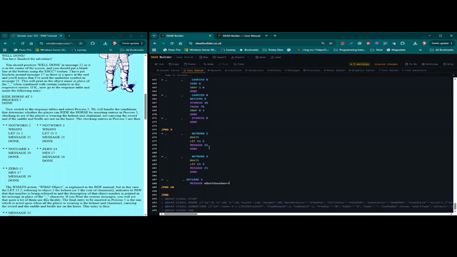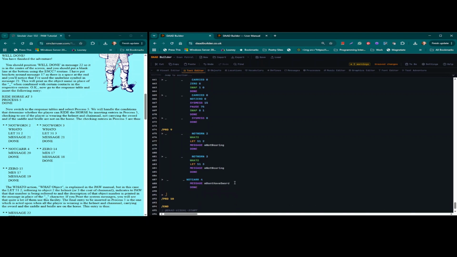Message 20, and we should have done the same thing here as we put those entries in. So we got message, it was 21, which is not wearing, and we can just copy that across to here. There's no point putting the labels in and then not using them. So we've done that, and then we want a done,